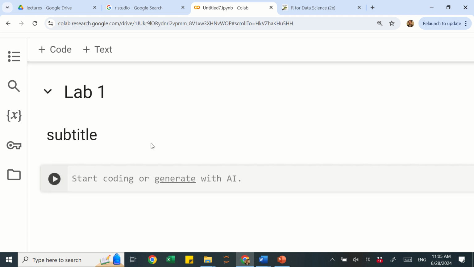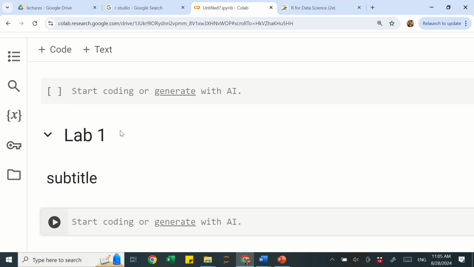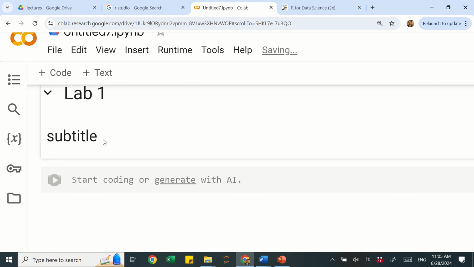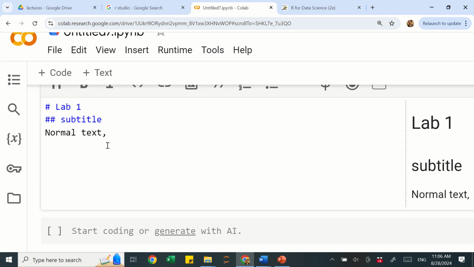And of course, you can start typing other types of information. So this is just text, especially if you want to describe, maybe add a title, your name, some information about the activity. So you can use the text block. It's easy to use, and there are a lot of things that you can do. So here, for example, if you want to add more text, this is normal text, but if you want, you can go with italics. So now you have italics,